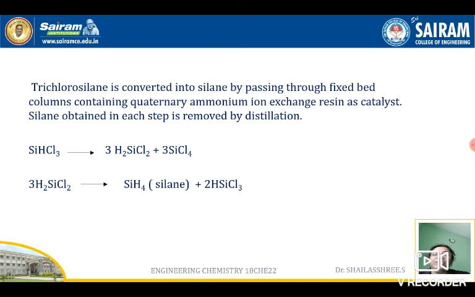Okay, they will be exchanging the ions here, so H plus will be replaced in the place of chloride ions. So we will be getting dichlorosilane and silane respectively. Okay, clear? No? The trichlorosilane obtained here is passed through columns containing quaternary ammonium ion exchange resins. When we pass through these columns, the chlorides are replaced with hydrogen. Finally, we are getting the product silane, SiH4, and then